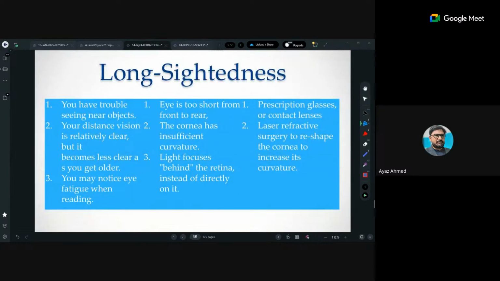Then there is hypermyopia. Hypermyopia is that you are unable to see, or you are having the trouble to see the near objects. ठीक है, और इसके लिए आपको क्या करना पड़ता है, आपको तब तक सही ऑब्जेक्ट नहीं देख सकते हो जब तक आप कोई, जैसे रीडिंग ग्लासेस, जो लोग, आपको पता है जैसे हमारे हम लोग हैं या आप लोगों के पेरेंट्स हैं, हम लोग वैसे शायद ऐनक नहीं पहनते, बट व्हेन वी हैव टू रीड समथिंग, तब हम यार वो ऐनक लेके आओ जरा, दिस इज दैट।